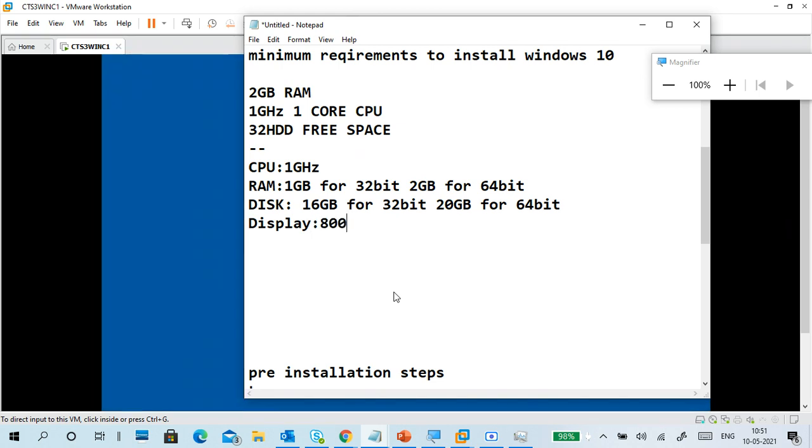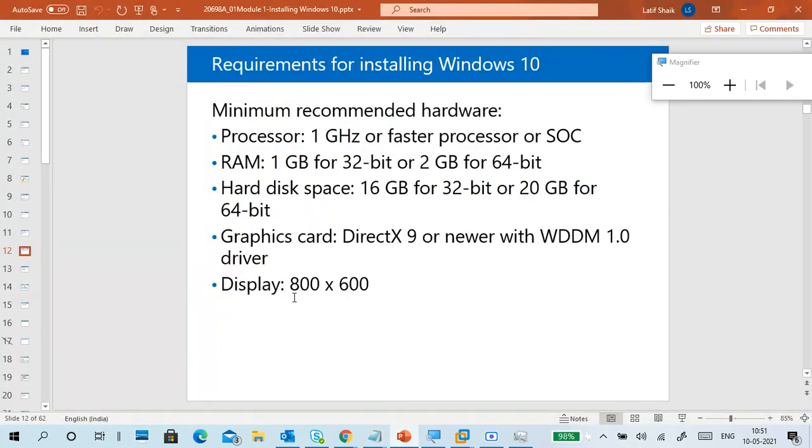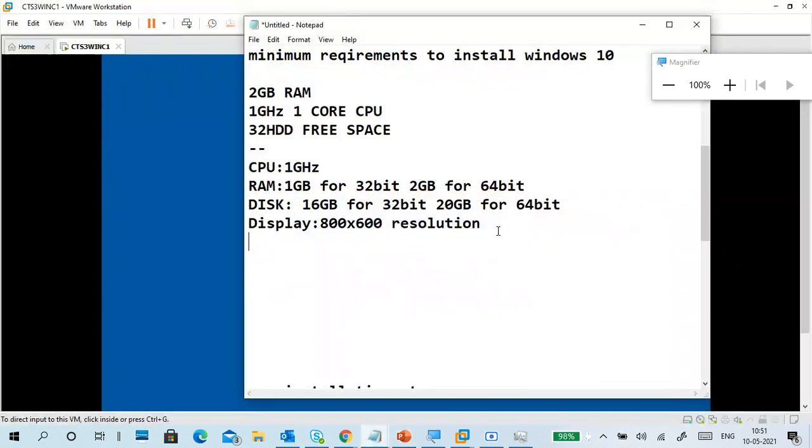Display minimum 800 by 600 resolution is enough. Basically, DirectX minimum graphics are required to work on it.